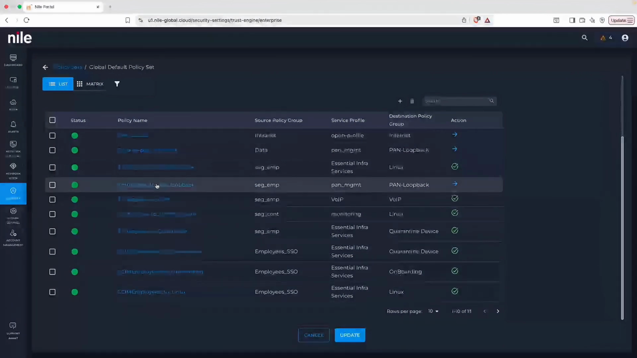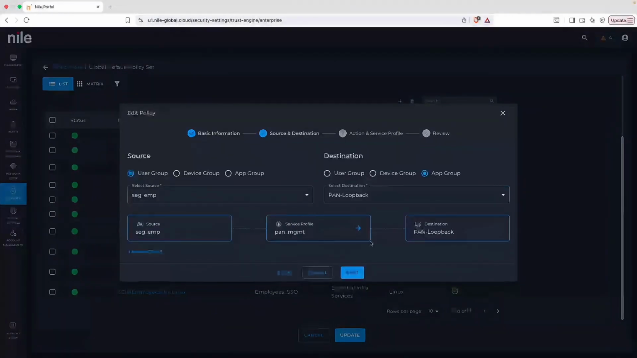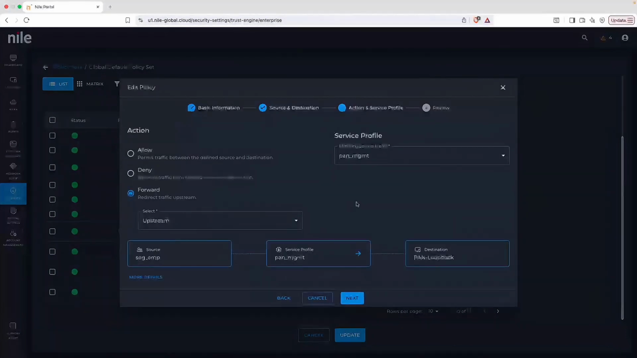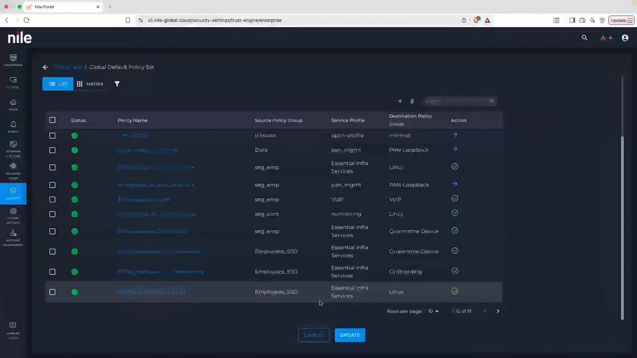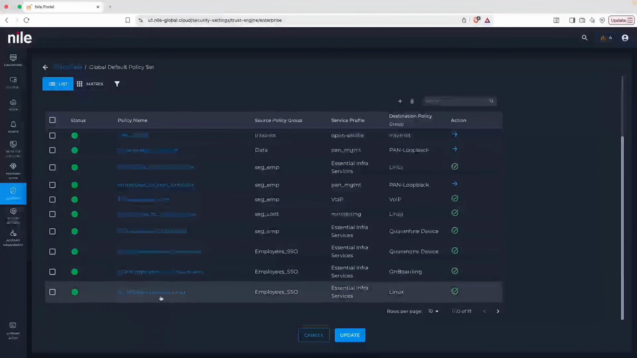In my case, I am doing that right over here where my employees segment is getting to my Palo Alto loopback. That traffic is being forwarded upstream to the firewall. That is where I have the rules allowing that traffic. So we created two different policies from the IDP group of employees and contractors